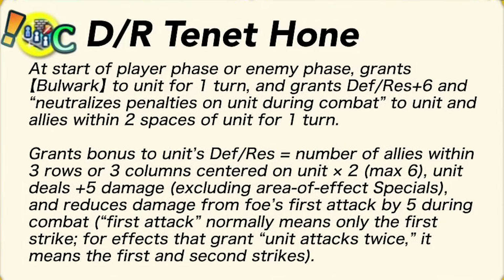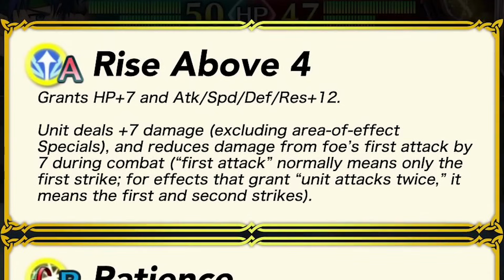And yeah, Tenet Hone is cool too, I guess, I don't really know. It's Faith, but newer, which is fine. It has more effects and stat swings, so it is functional enough. Bulwark is nice to have, especially with all the styles going around. It's not bad whatsoever. And as for Ike's important fodder, Rise Above, aka the only A skill that matters for